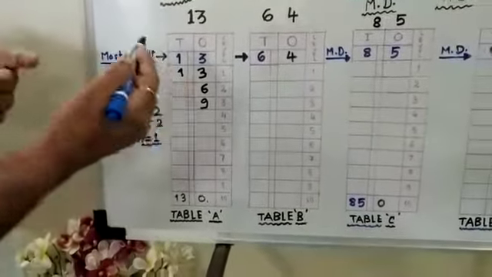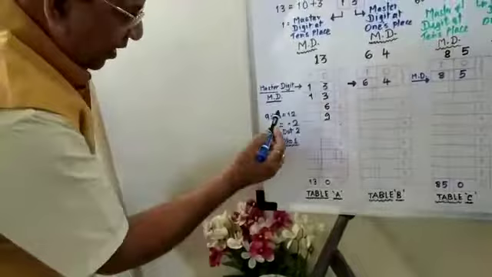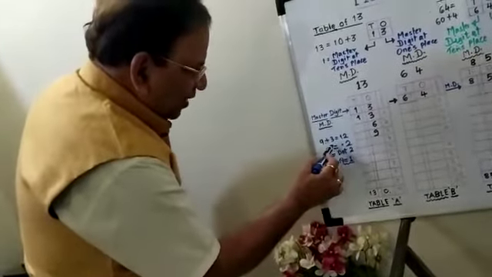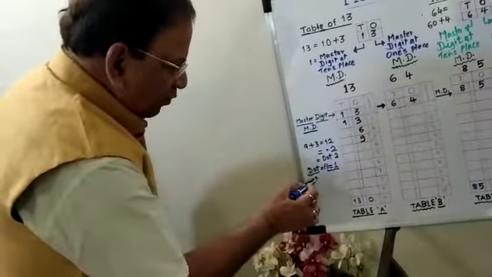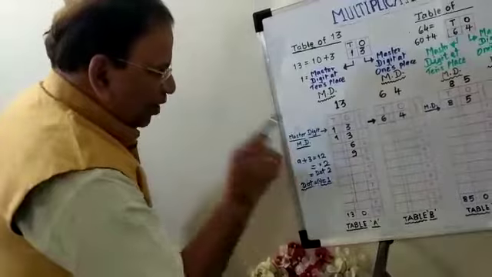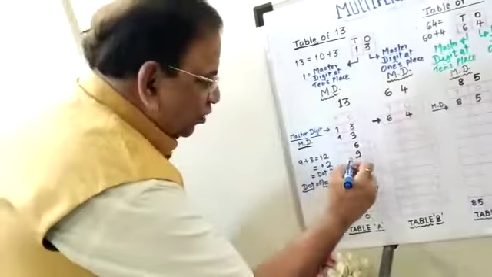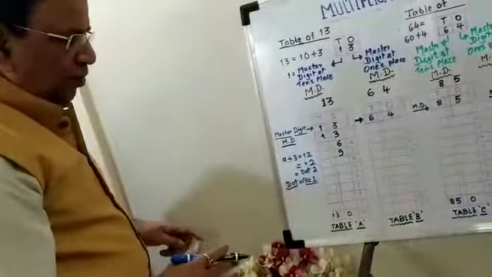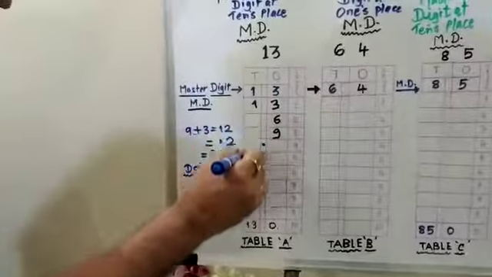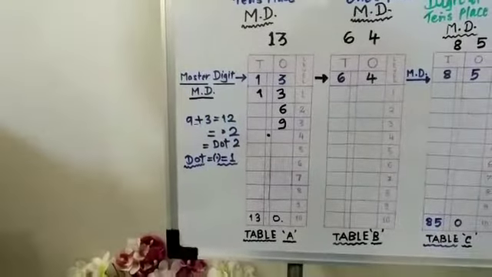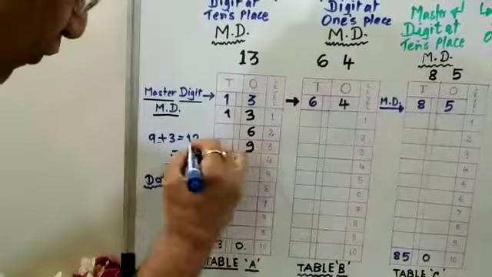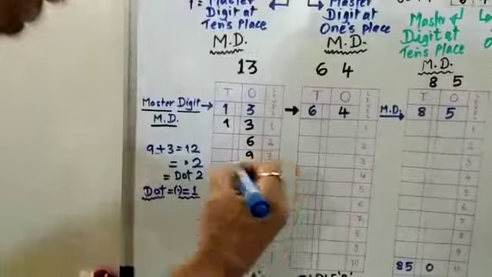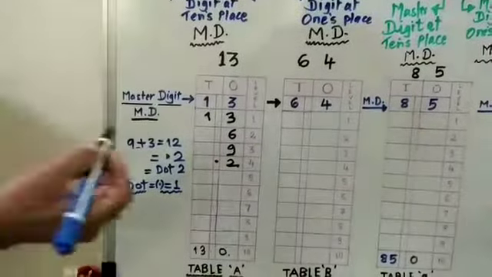Now how to work with that? See, 9 plus 3 is 12, and that is equal to dot 2. We can put it this way, dot 2. Dot means 1. So we put the dot and 2. 2 is the ones place number. Now we are considering only the ones place number, so we will put this dot and consider it at the time of calculating the tens place numbers. So what number will come here in the ones place? Of 12, it comes to be 2. Very good. Now let's go further.